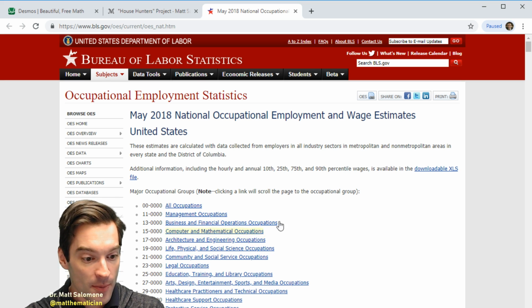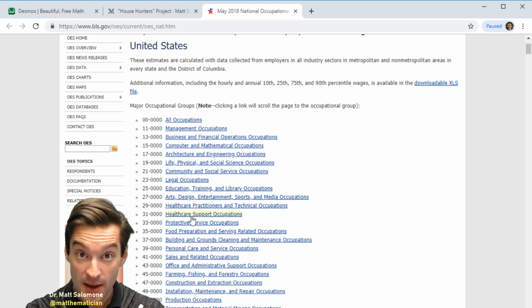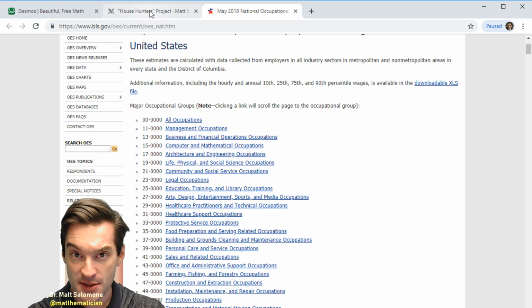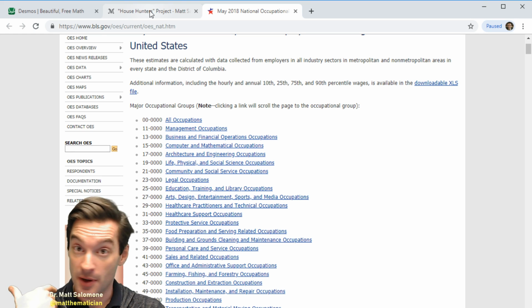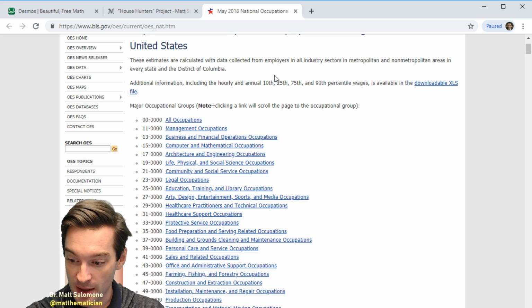And so from this, you should be able to drill down into various categories of careers or jobs and figure out what are the typical wages that somebody makes in those careers. So let's, for a moment, just take a career as an example. Let's take my career, which is math professor, higher education. Right? So if I'm looking for my career in this